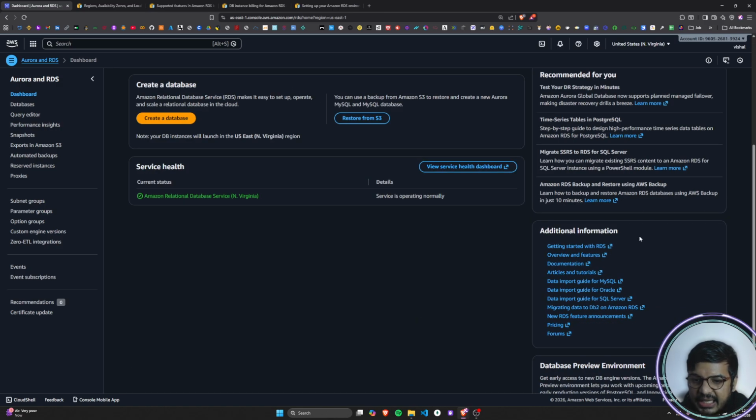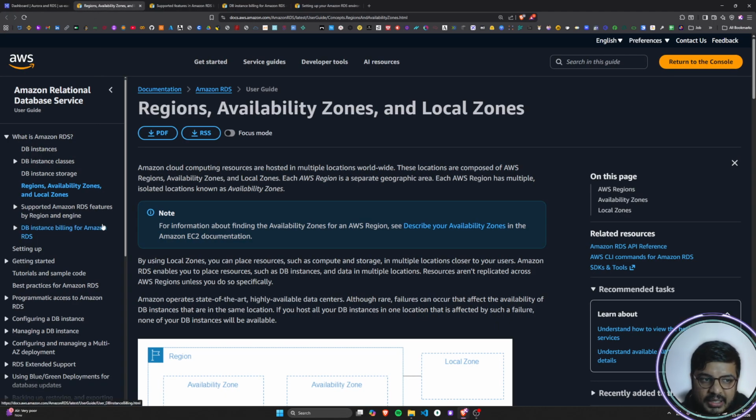RDS service, in that particular case you can just click on this getting started with RDS and you will be redirected to this particular documentation, where either you can choose the PDF form if you want to learn about RDS in the form of a PDF, or if you want to download that soft copy, you can download it. Else, this is, I would say, my preferable version to read the documentation. So let's begin with understanding the regions, availability zones and the local zones,